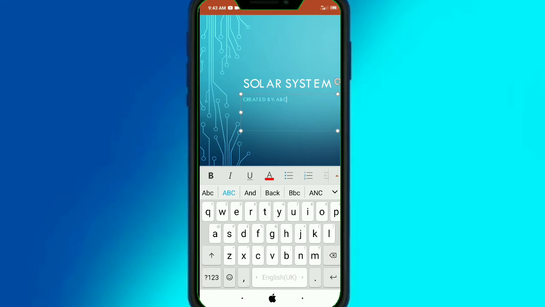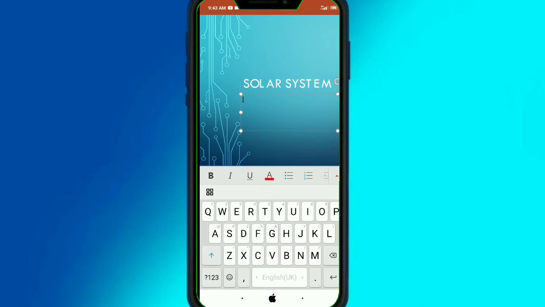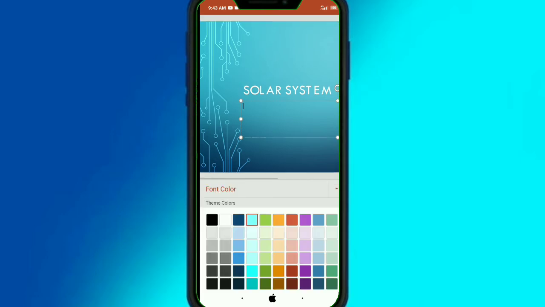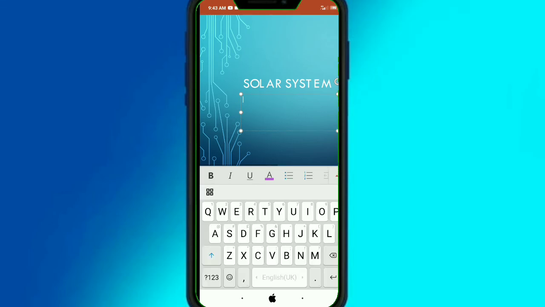if you want to change the font color, then you will delete the present text like this. After that you will select the font color from the given theme colors, whichever color you want to select. You just select it from this, and after that you can start typing.